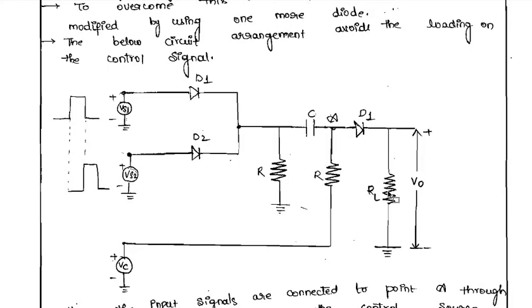What is the unidirectional diode gate to accommodate more than one input signal? So as to reduce the heavy pressure on your control signals, we are using one more diode here.